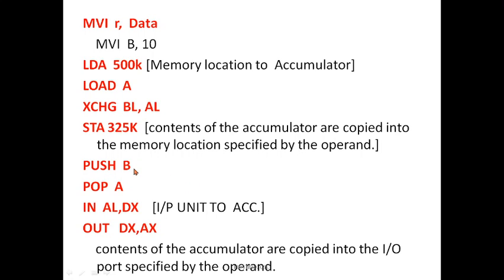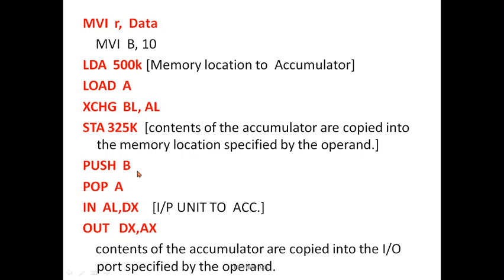And next one is push and pop. These come from the stack concept. Push means the contents of the register are inserted into the stack. For example, assume that you have a stack with values 10, 20, 30, 40 and so on. It follows last in, first out. So the last value is 40, and we can assume that the 40 will be moved to the register B. That is the way of using the push instruction when you are executing.